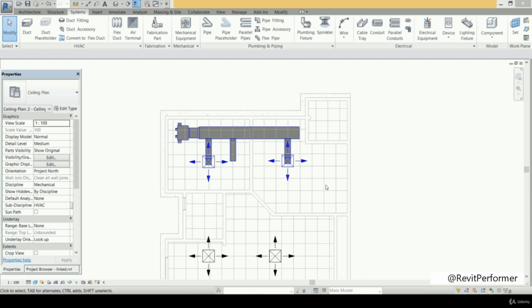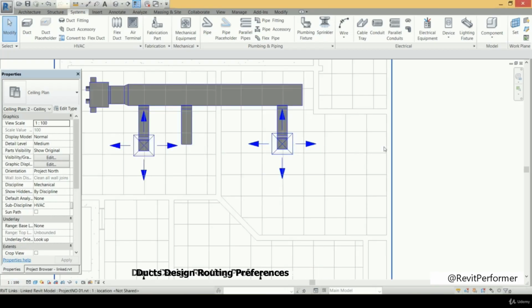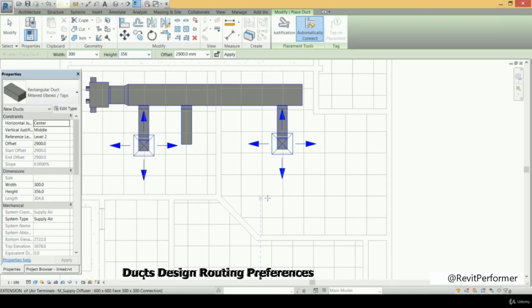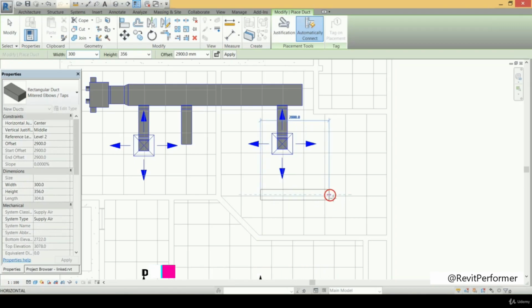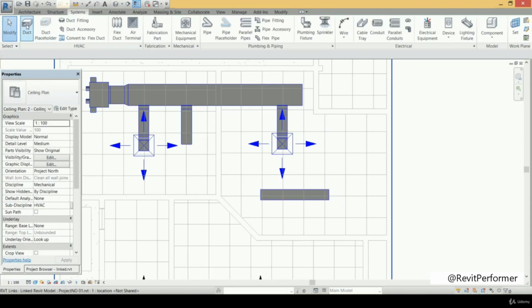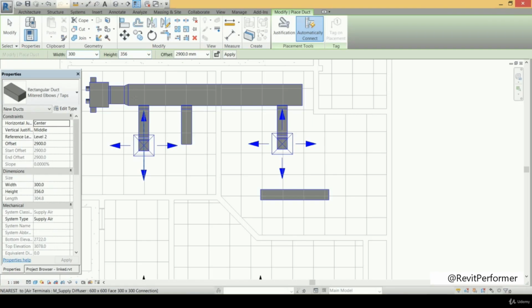First of all, you may notice that during our design there are some automated structures that may be automatically made with some assumptions from the software. For example, if I draw a duct here, I go to duct, and then make it from that point to that point. And let's make another duct also, but let's make it now with a width of 100 millimeter only instead of 300 millimeter. So when we make it from that point to that point,